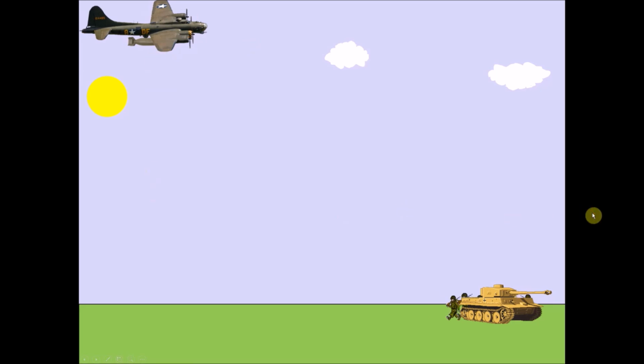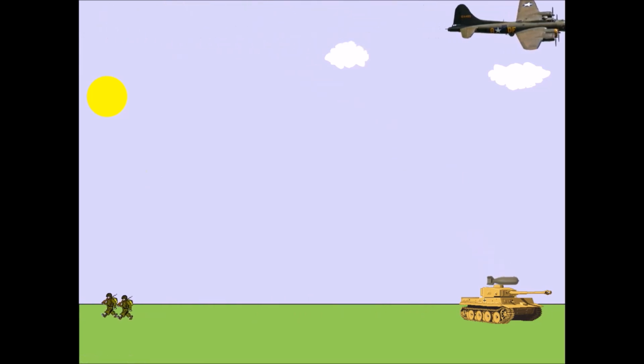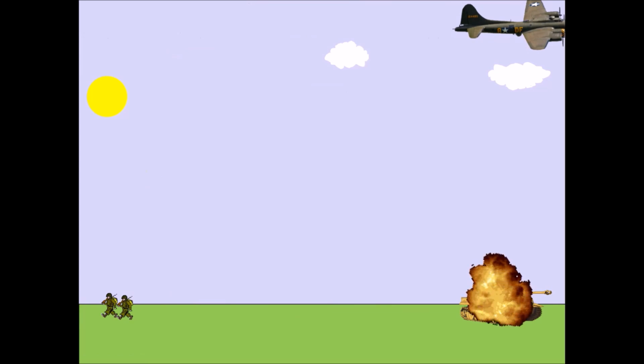Consequently, as the aircraft moves from left to right, everyone gets out of the tank, the bomb will land on the tank, moving with the same x velocity as the plane. So the answer is, as long as the bomb and the plane travel with the same velocity in the x direction, the bomb will gain velocity in the downwards direction, giving you a parabolic curve, and it will explode underneath